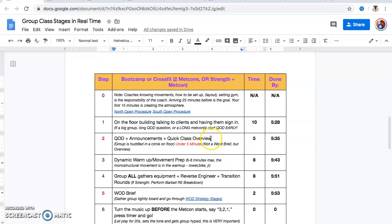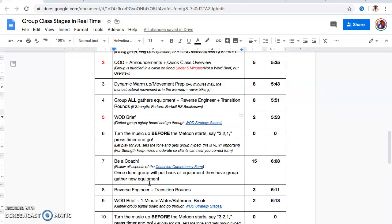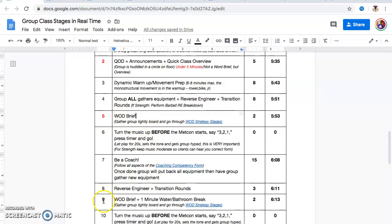Make sure that this overview is just an overview. It is not a WOD brief. Don't waste your time. WOD brief needs to be in depth. And then note this clearly. You're going to the board. If you got 2 Metcons, you're going to the board at 2 separate times. Other than that,